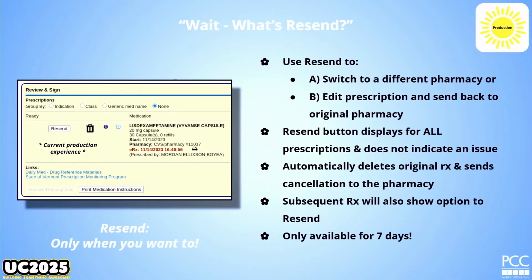Some people thought that button meant there was a problem. So they would see resend, and they say, oh no, I've done something wrong, and then they click it. And then it cancels the first one, sends a new one, and then the next prescription also says resend, and they're like, oh, I'm really doing something wrong. And we see this, and they go, resend, resend, resend, and then that's when they call, and Nat says, oh, no, hold on. That's not how that works.